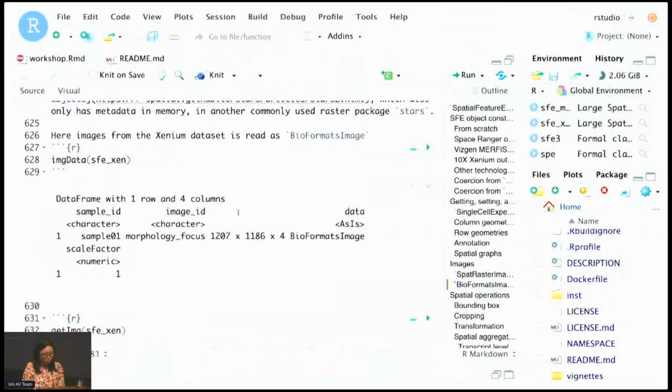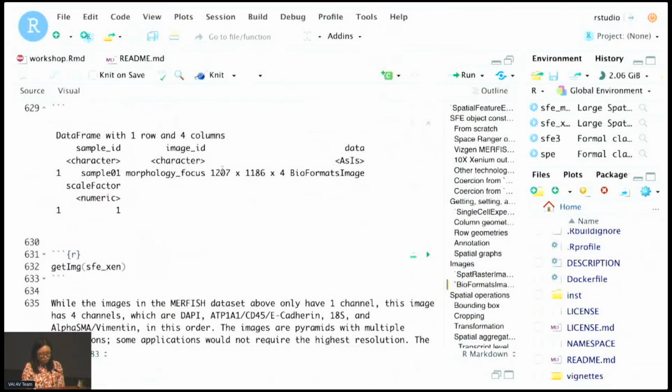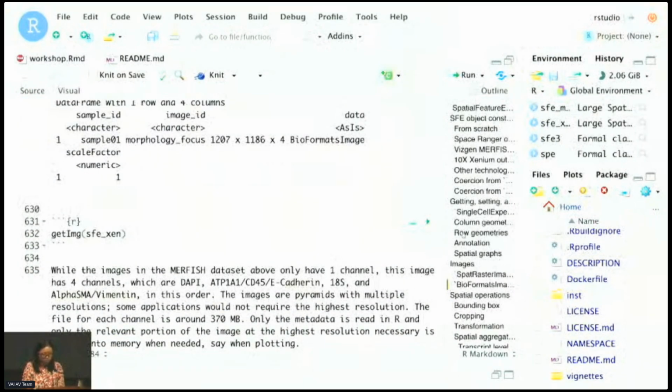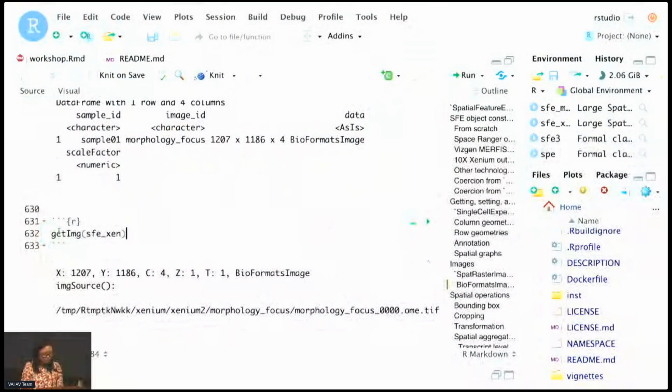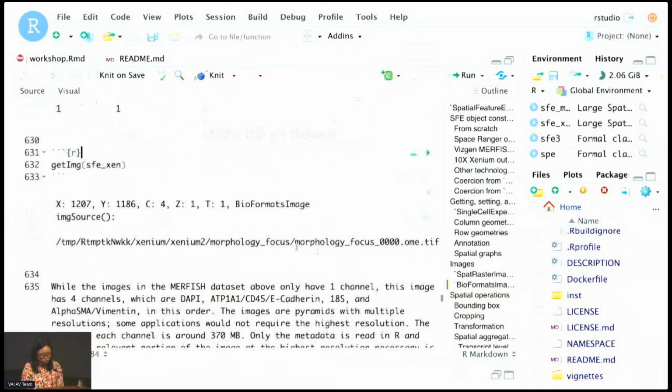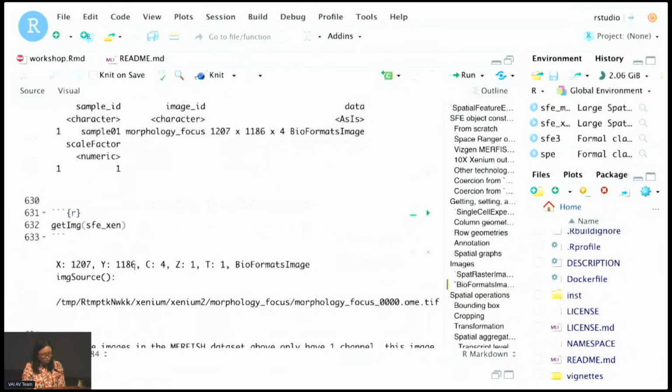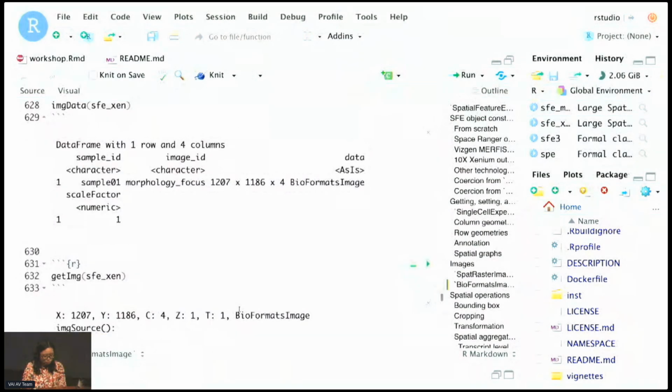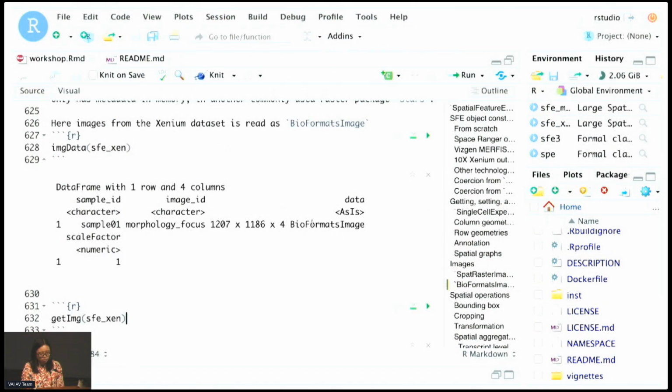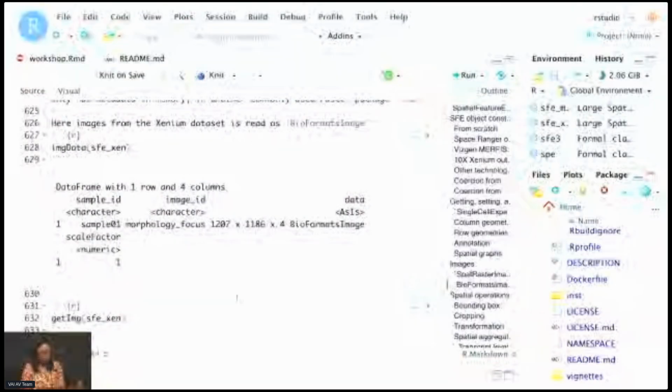Here we have an image with 4 channels, and it's a BioFormats image. I can use the getter to get this image, and it prints out a summary of the dimensions and the 4 channels. In Xenium, these images are often pretty large, and they're pyramids with multiple resolutions.